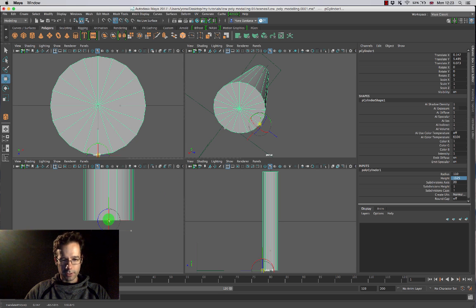So if I come over here and I move this around, you'll see that I can click and drag and it will snap, there we go, by clicking in the middle, only to places that have vertices. What are vertices? They are the points where the lines in Maya connect to one another. And I've got one down here. After I've moved my pivot point, I'm going to press insert on my keyboard again, and that will turn this off. I'll turn off the snap mode because I don't need that anymore,